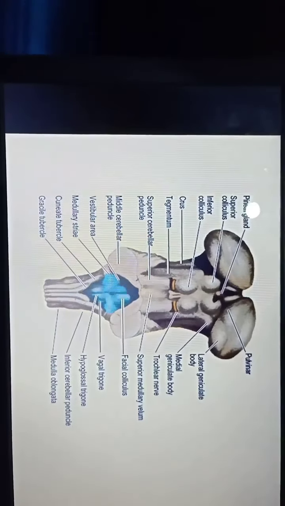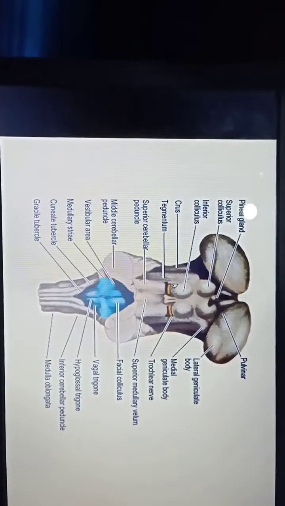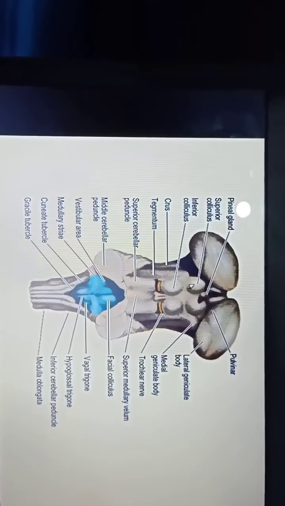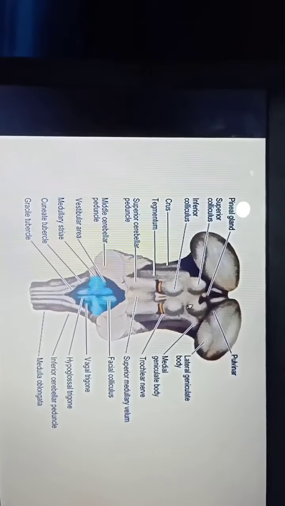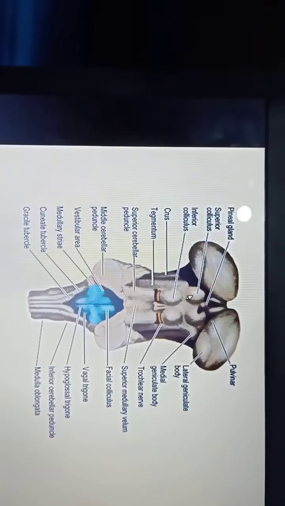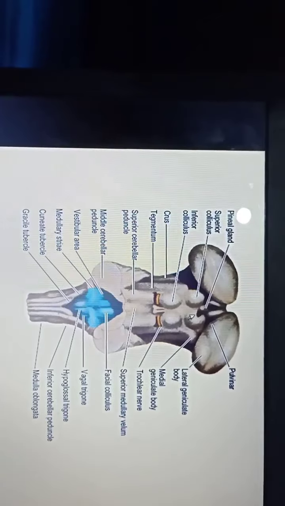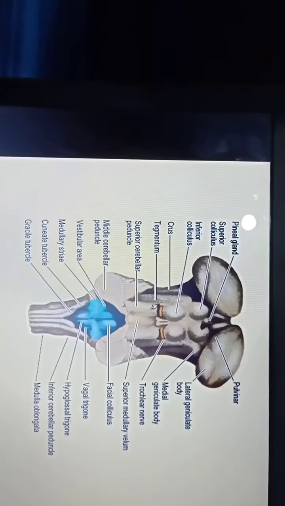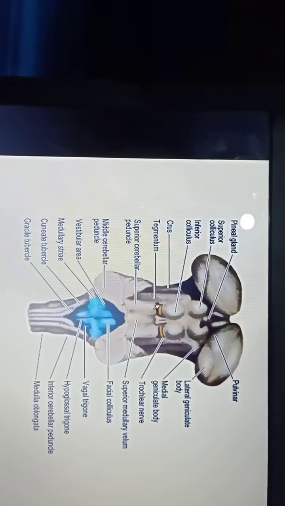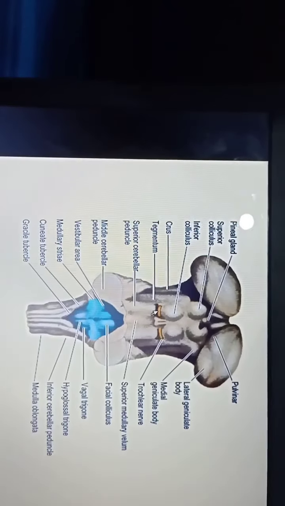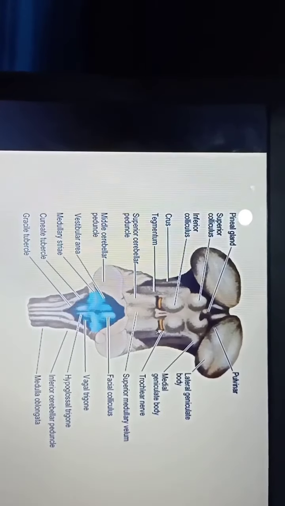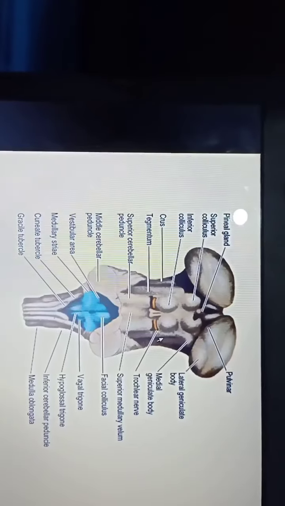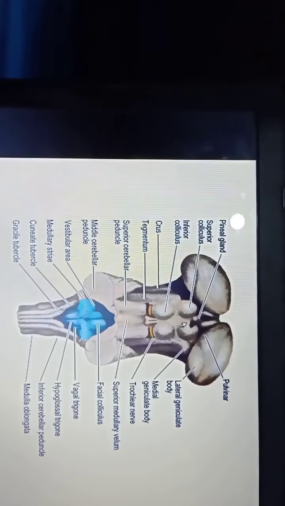See the diagram. It is the dorsal aspect of the midbrain. Here are the corpora quadrigemina, with upper 2 elevations and lower 2 elevations. The upper 2 elevations are known as the superior colliculus. The lower 2 elevations are known as the inferior colliculus. In this diagram we show the yellow nerve, which is the 4th cranial nerve or trochlear nerve. Here is the pineal gland.